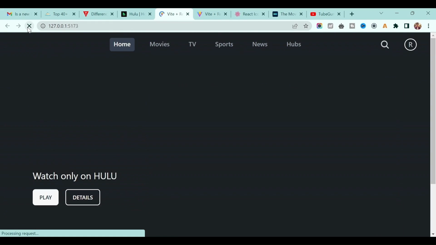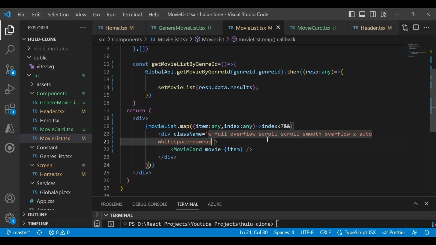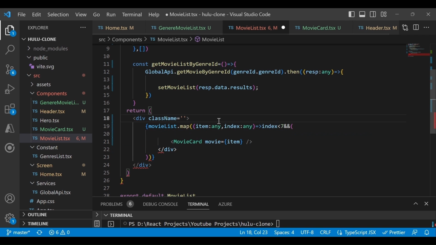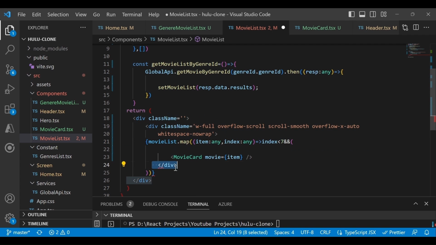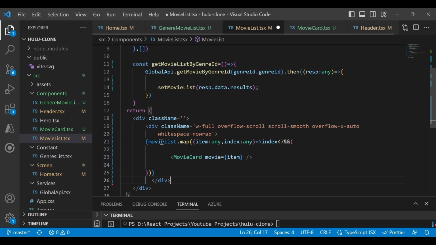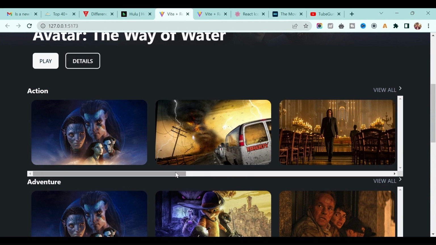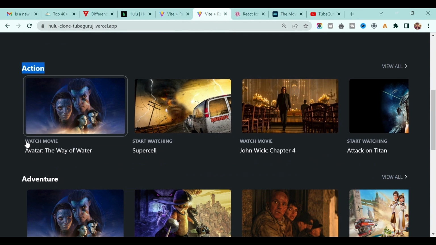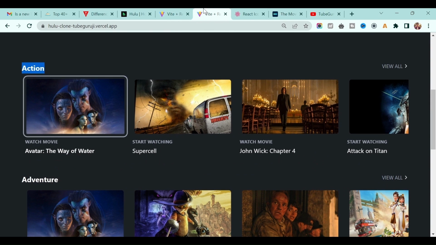Right, so something is still not correct. Oh, so the thing is, right, I did it. So we have to apply this div actually outside of this one, because otherwise it's iterating each of these elements, right? And that's the reason. And if you see now, we are getting this scroll bar, and these images and everything. Okay, we will hide the scroll bar in some moment, but let's add other things on the screen, like the name of the movie and everything.